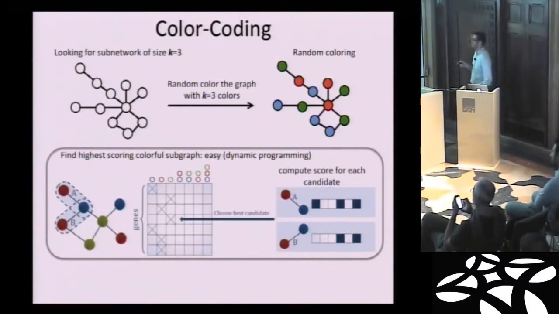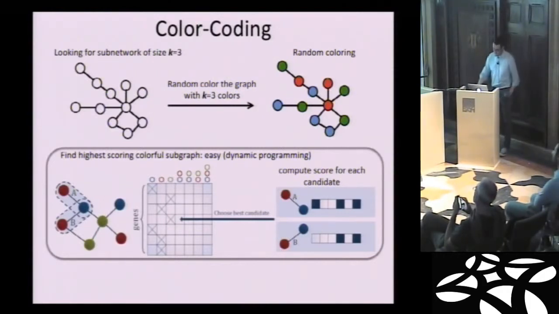neighbors, essentially in this case, of this vertex that have a color red, since the vertex has color blue. So this can be done efficiently, and we can look at the candidates for filling up this entry, and we can score each of the candidates quite efficiently. Okay, so by random coloring that has been introduced by Alon, Yuster and Zwick in STOC 94, we can identify the highest